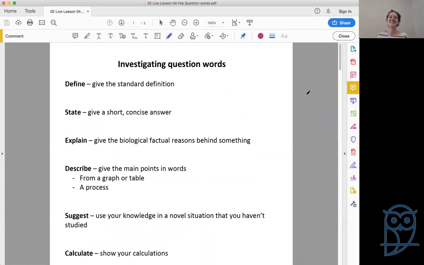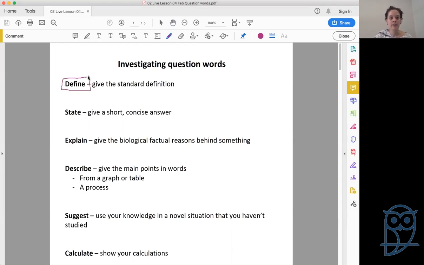Investigating question words, there we go. Okay, so in your syllabus, there's actually a whole page of question words, and they give you a sort of technical definition of what is meant by each of those question words. So I've just pulled out a few, because these are the ones that come up really often and the ones that people often get confused with. So starting at the very top,